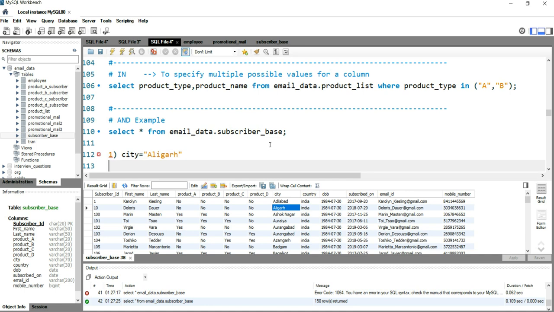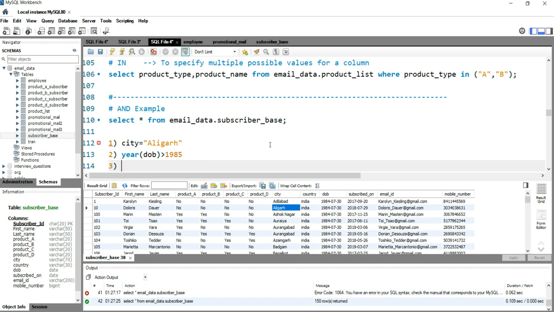Now the second condition on which I want the filtration is that the year of the date of birth should be greater than 1985. The third condition is that the subscriber should have subscribed in 2017.